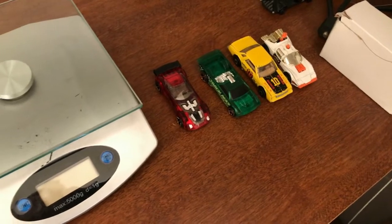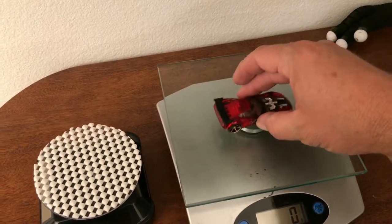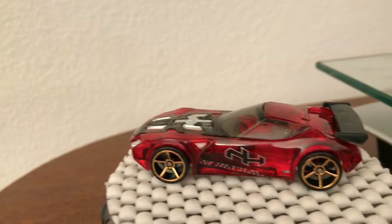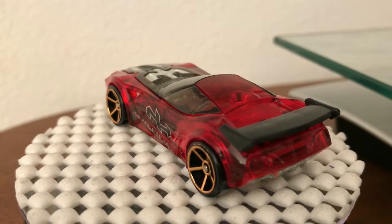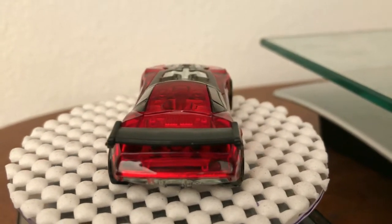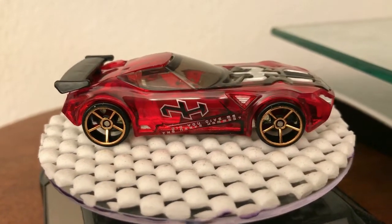All right, we'll take a look at these two faster than ever cars. Let's throw them on the scale here, and let's see what they weigh. This guy's coming in at 36 grams. Take a little closer look here. This guy, Nerve Hammer. You can see those gold wheels, bronze, I guess, kind of signifying that faster than ever. Although there are other cars that have wheels that look very, very similar. So again, the packaging also helps. Remember when you see that faster than ever logo there,